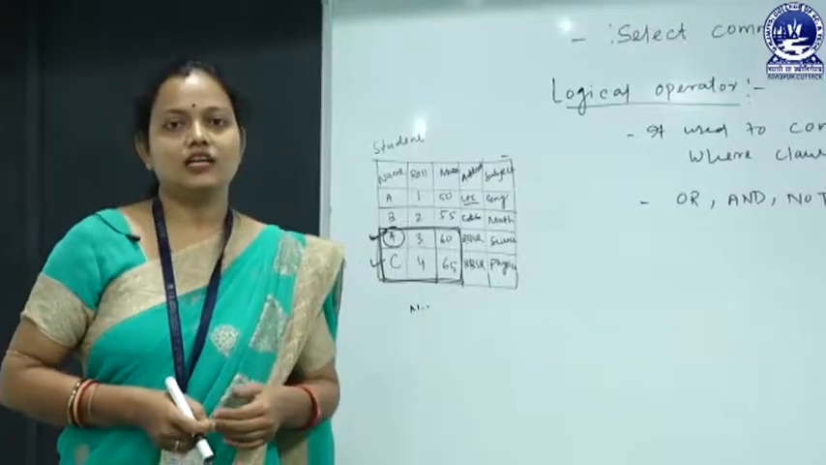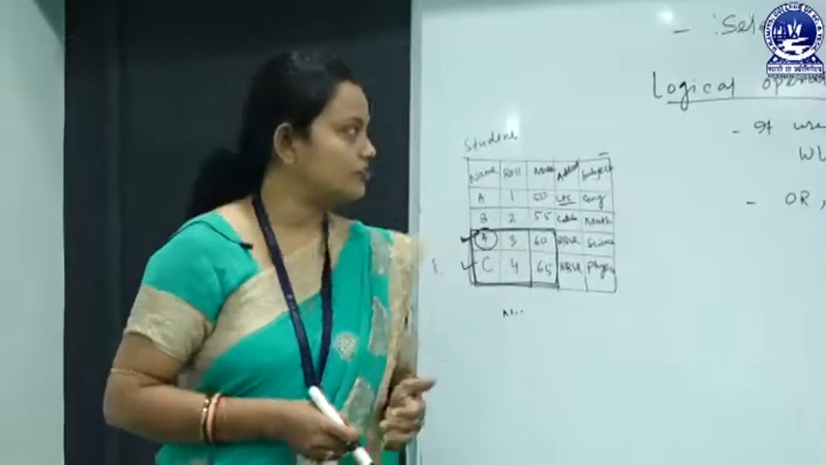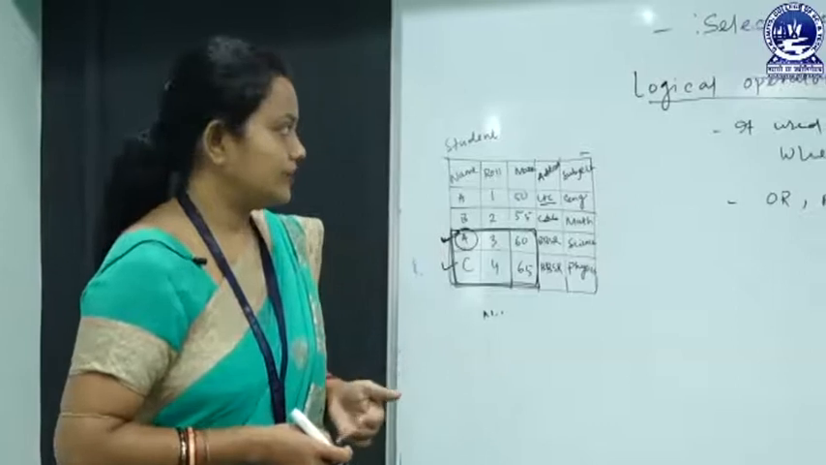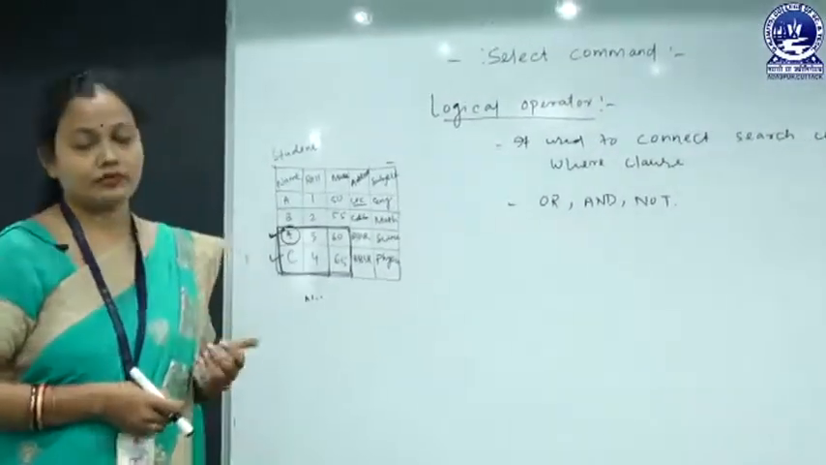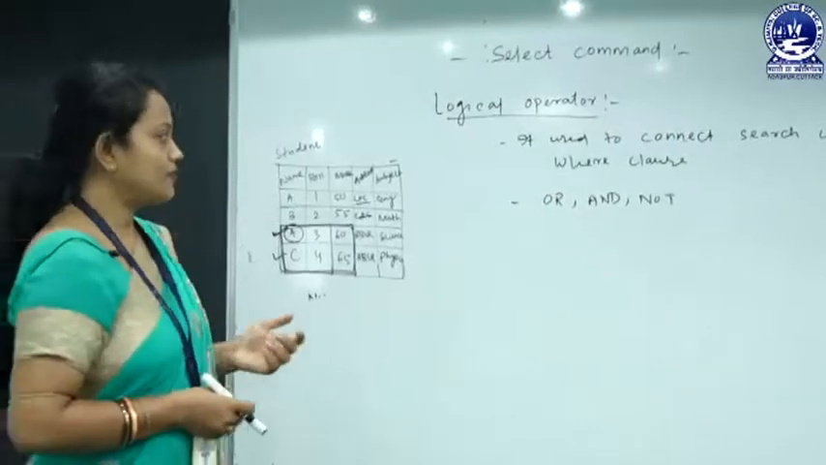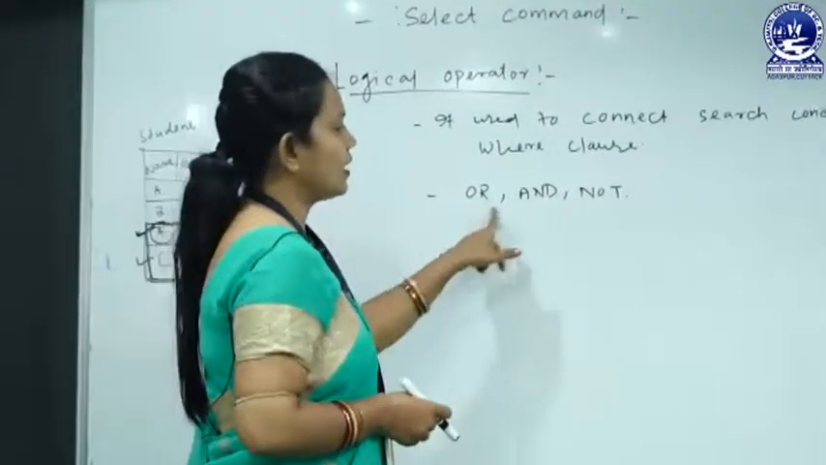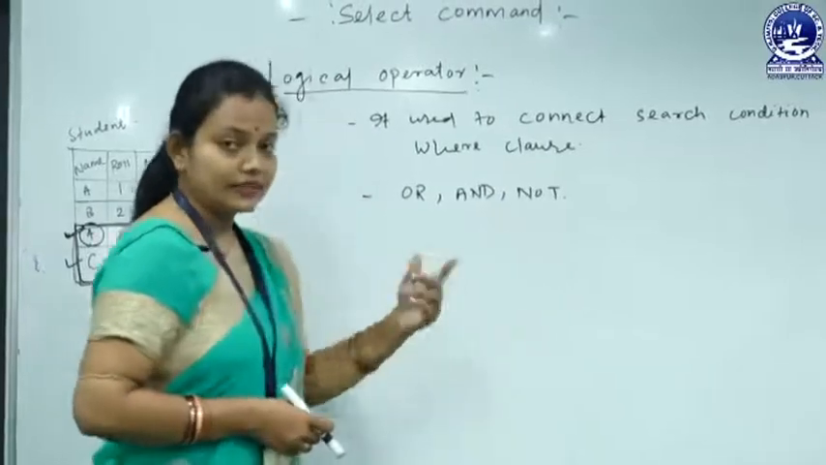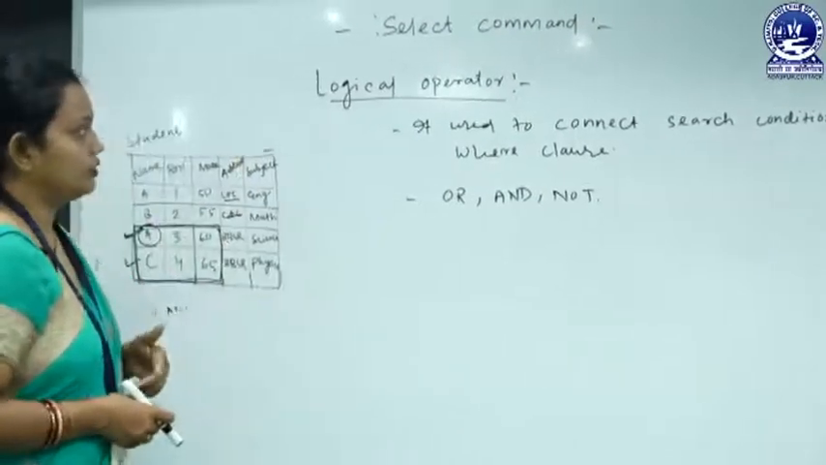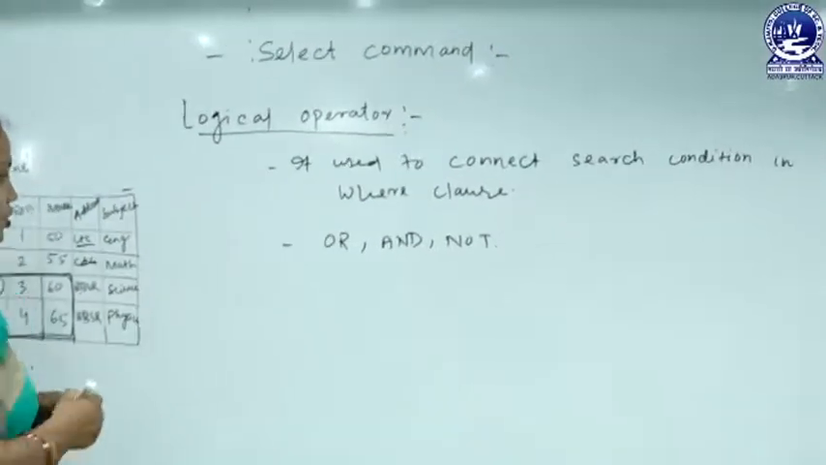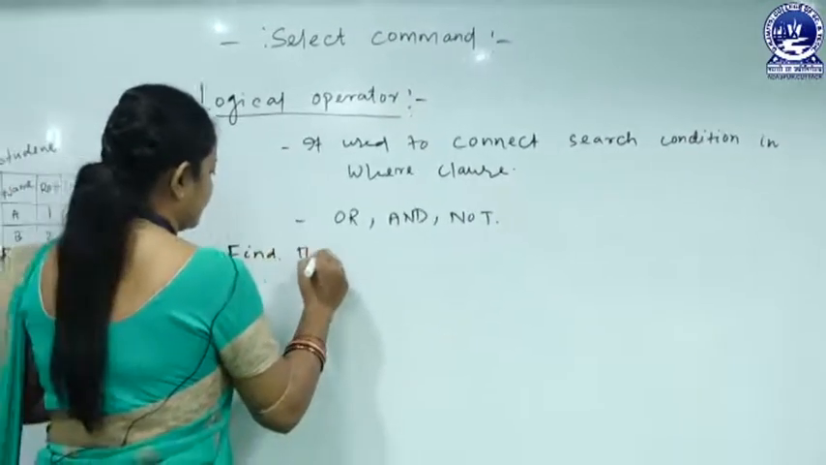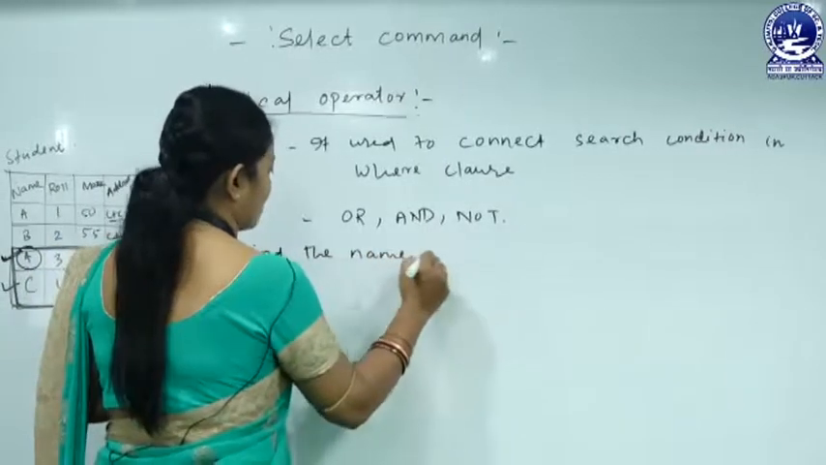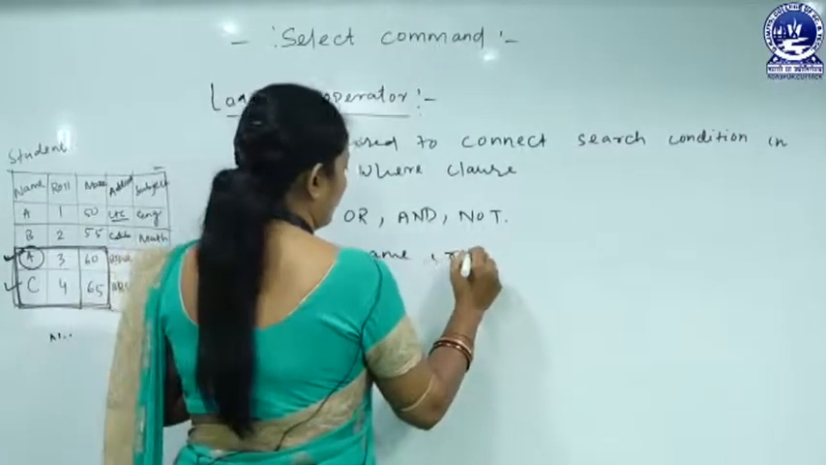Basically these logical operators are used to connect or merge the data, and this operator is used to connect the search conditions in the where clause. And we have three logical operators, that is OR, AND and NOT. Let us see one example on logical operator with the select statement. Suppose there is a query: find the name and roll of the student